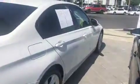There's the wheels. Nice tint on the windows already. You got a moonroof up there. No major scratches or anything like that, which is good. Bumper, no scratches, good. The side,